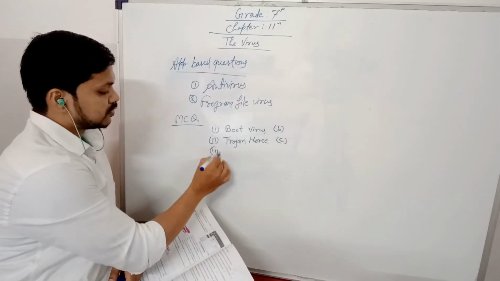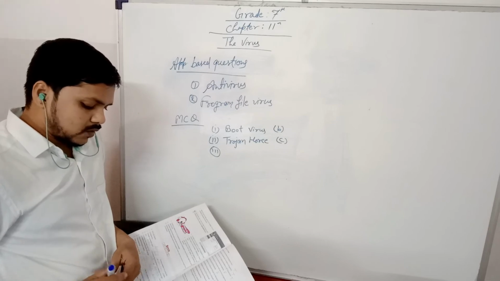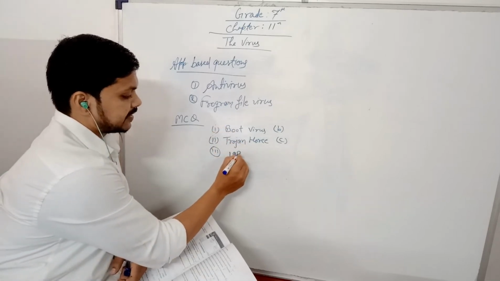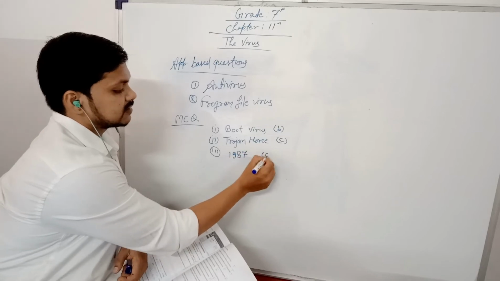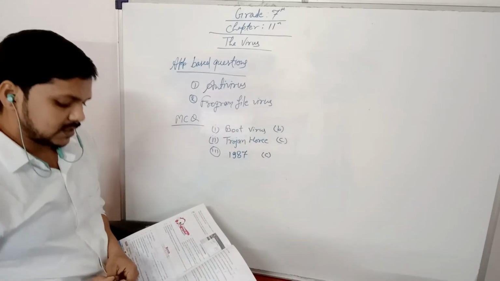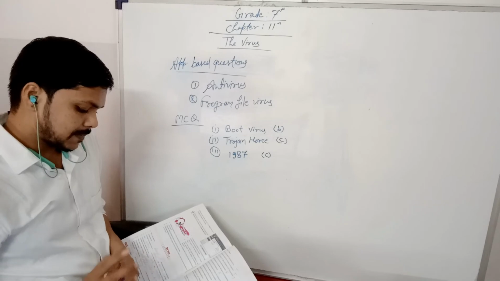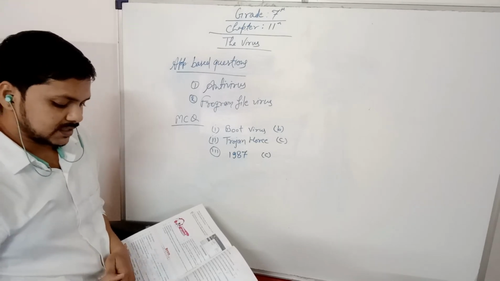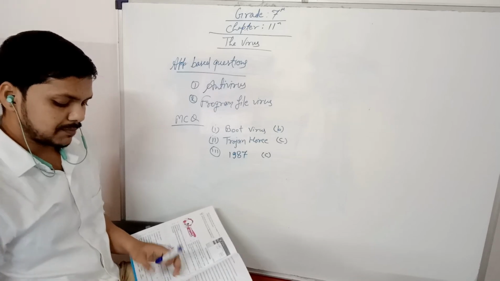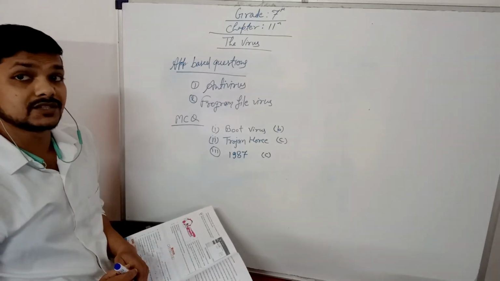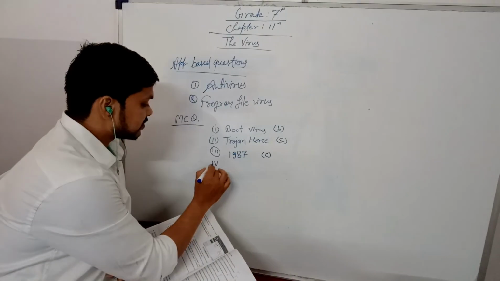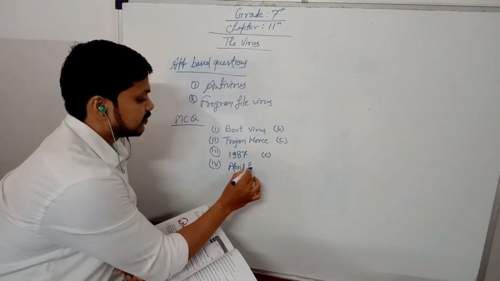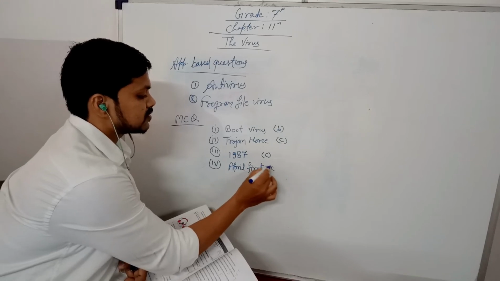Now third MCQ is, when was the first PC virus released? It was released in 1987, that is C option. Now fourth one is, which one is the name of a virus? Jan 1st, no. May 1st, no. April 1st is the type of virus. Fourth answer is right here, April 1st. It is also C option.